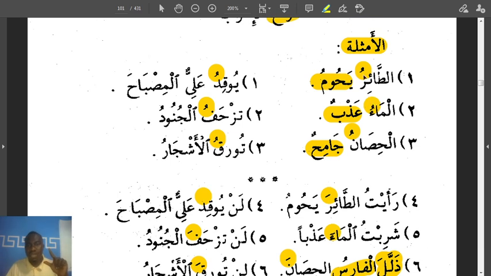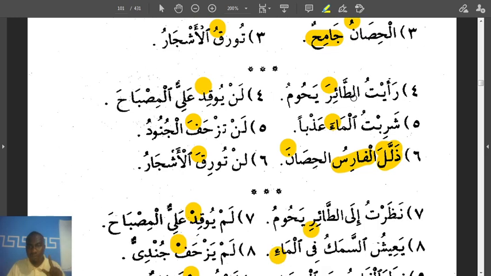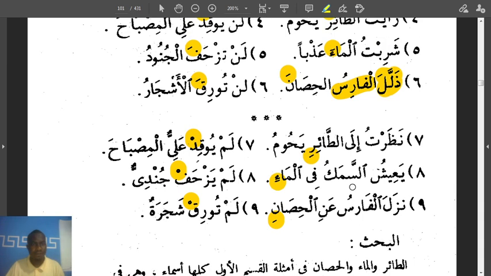The first one, we have dhamma. The nouns here, at-ta'iru, al-ma'u, al-hisanu. We come here, we see at-ta'ira, al-ma'a, al-hisana, taking fatha. And then we see at-ta'iri, al-ma'i, al-hisani. It takes kasra. It takes these three. Realize that they didn't give an example where the noun takes skun, because nouns do not end in skun. But when you do poetry, to aid the rhyme line, nouns are able to take skun. They give a skun just to aid the rhyme line. Nouns do not take skun. Okay.